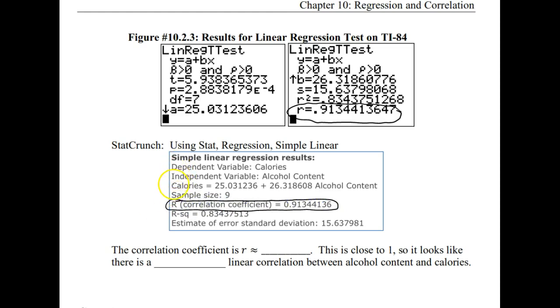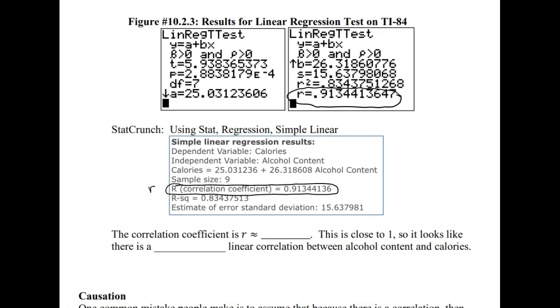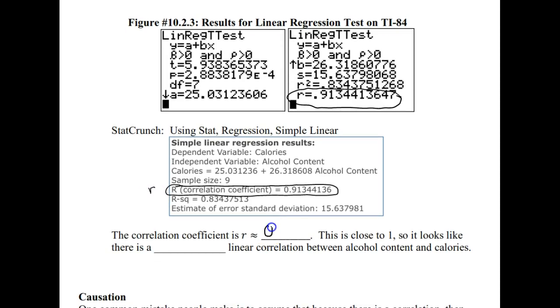But again, if you notice all of these, the beginning letter here is capitalized. On here for linear regression, we're going to use a lowercase r there. So r in either case is about 0.913. So again, a number between -1 and 1 inclusive and unitless, so it gets no units. So this is really close to 1, so it looks like there is a strong positive linear correlation between alcohol content and number of calories for beer.